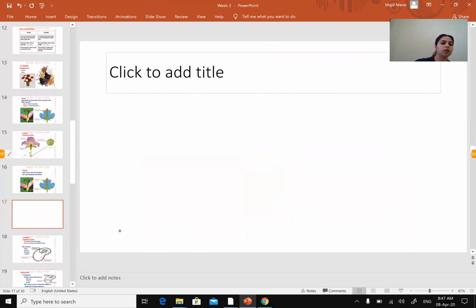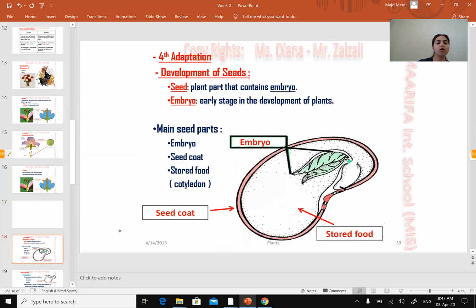Okay, this is what having flowers. Now what about seeds? They have seed. What are seeds? Seeds are plant parts that contain an embryo. Do you remember when you learned the reproductive system in a human, the developments, okay, after fertilization, then we have